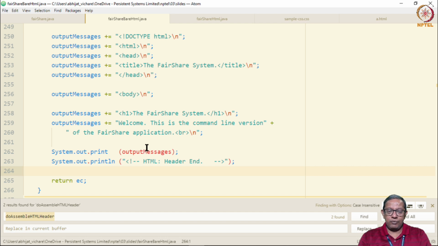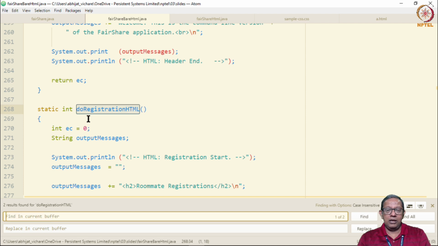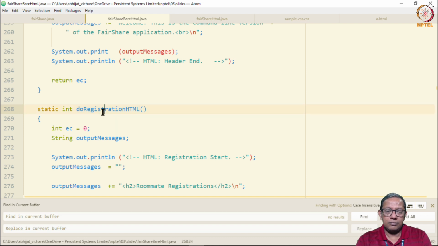Of course, after this, we would be doing the registration part. We would be assembling the registration part of the HTML. Please note that this do registration HTML producing part of the functionality comes after all the calculations regarding fair sharing have been done.